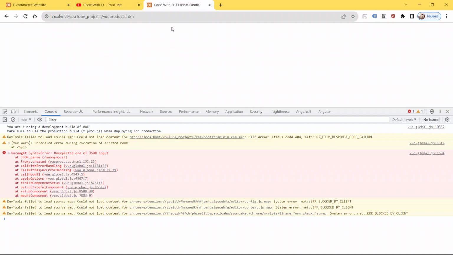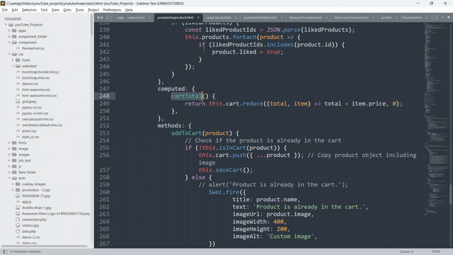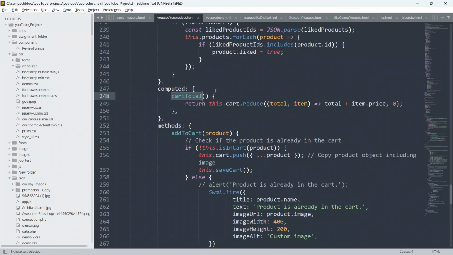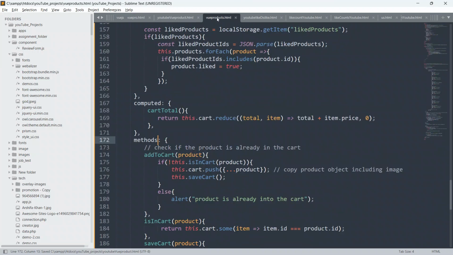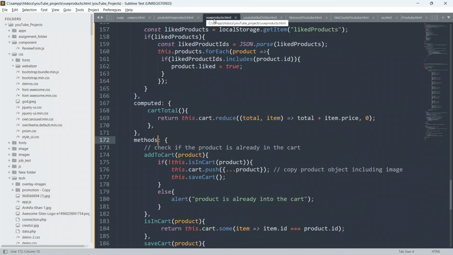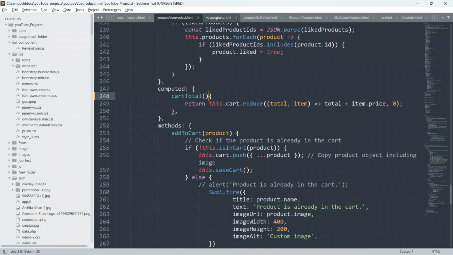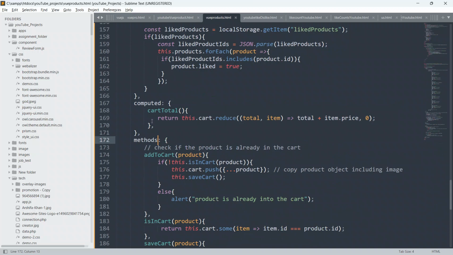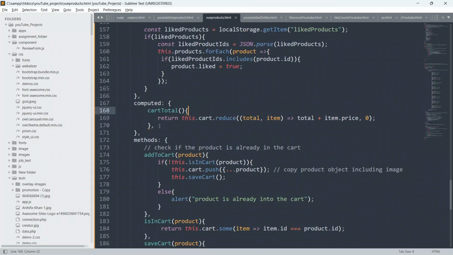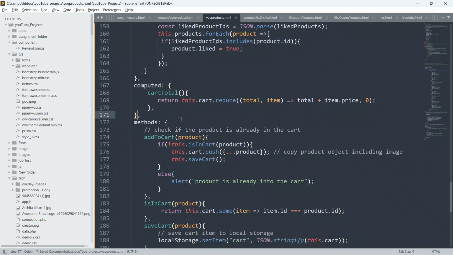So now refresh the page. Okay, so cart total, this.cart.reduce total, yeah, no issue at all. And this is the computed.